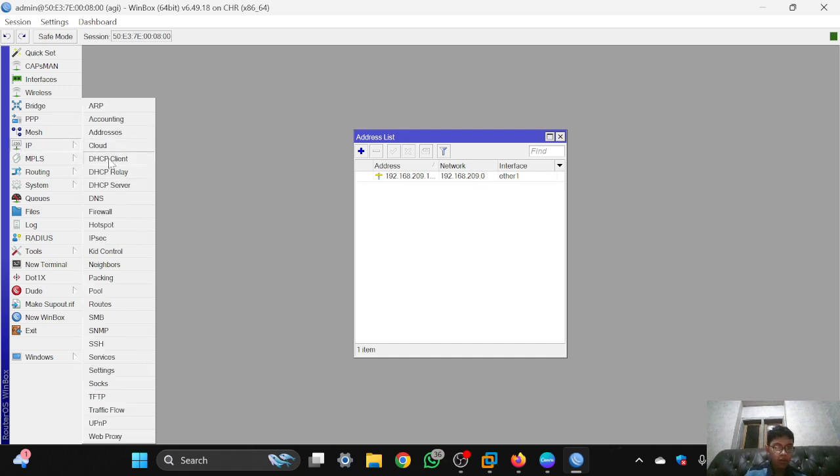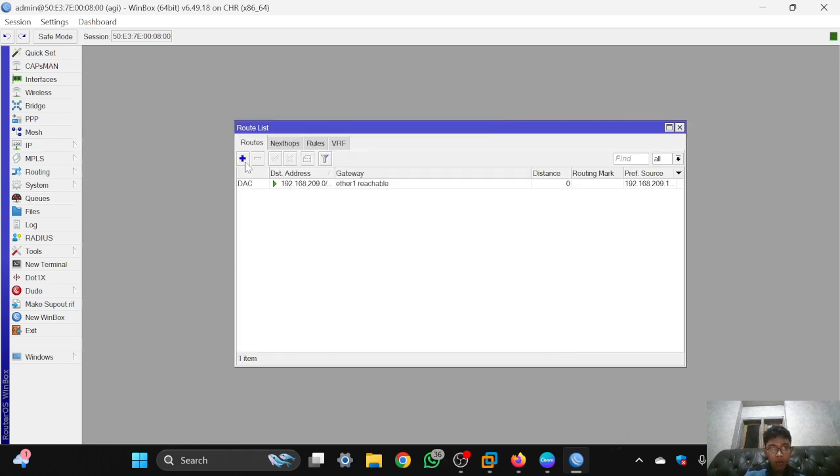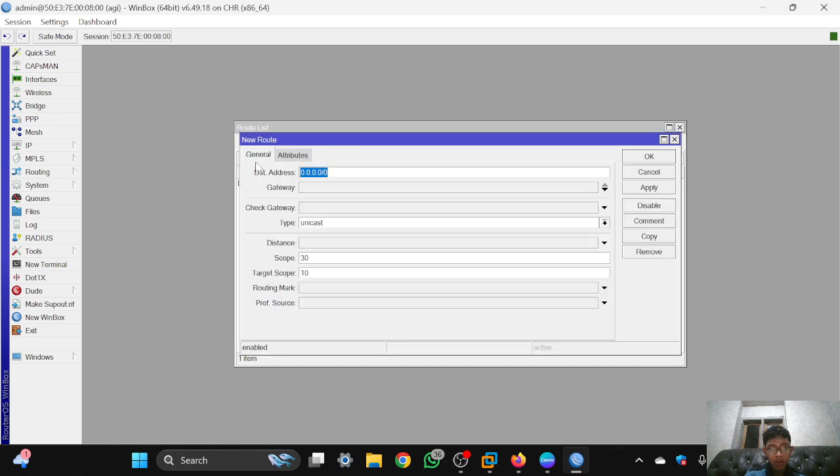Then you must set the gateway, so you go to IP, then route, and click the plus sign, and the address is 0, and fill the gateway with the gateway IP of the ESP. And the type is unicast, and click apply.